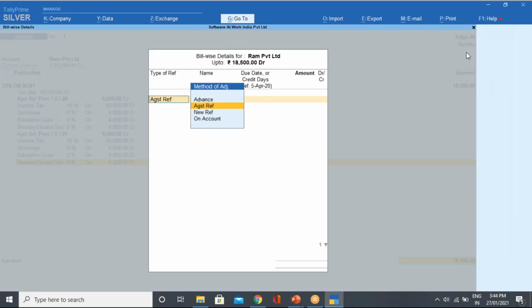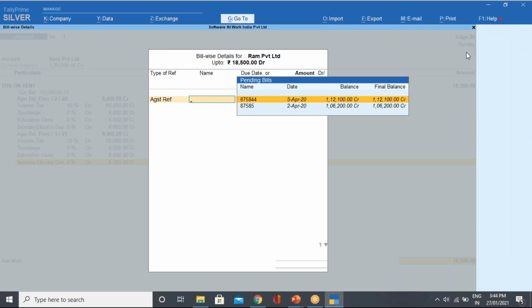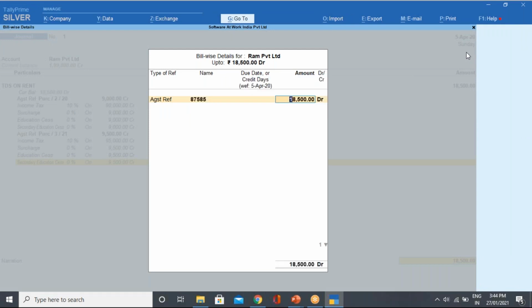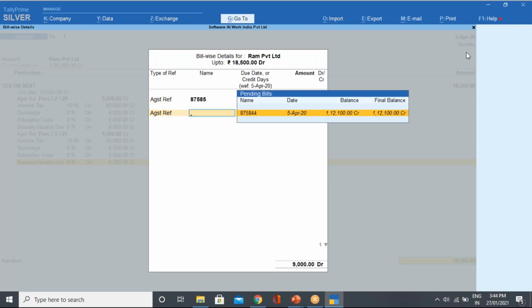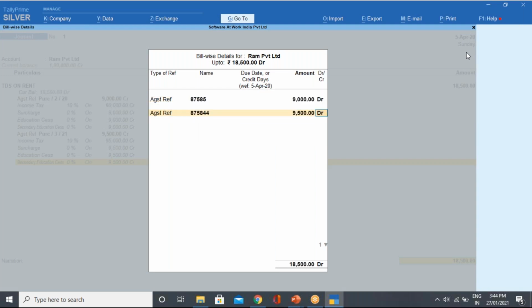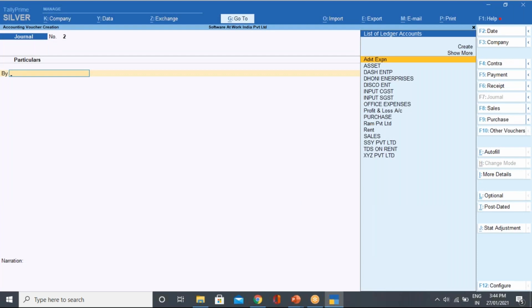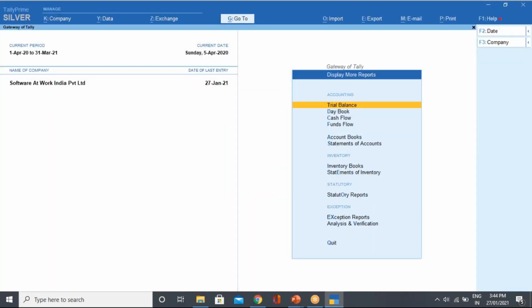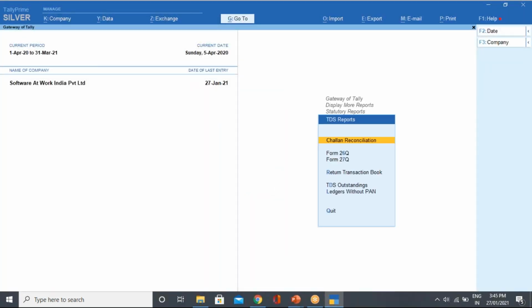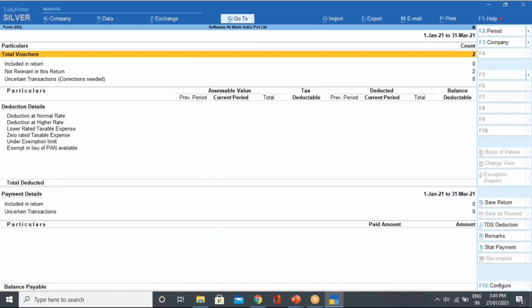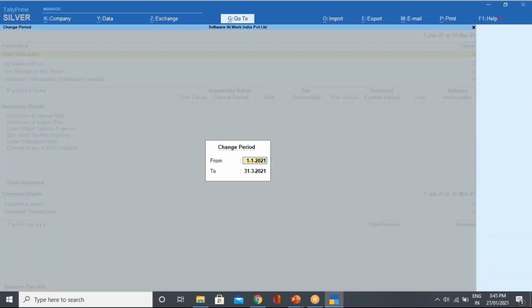Just click over here and against reference, against this bill and that bill you have to mention: against this bill you have provided rupees 9,000, and against this bill you have provided 9,500. Okay, so just give a reference and accept this bill. Once we accept this bill, go to the TDS statement, display, statutory report, TDS report under 26Q, and select the period like 1st April to